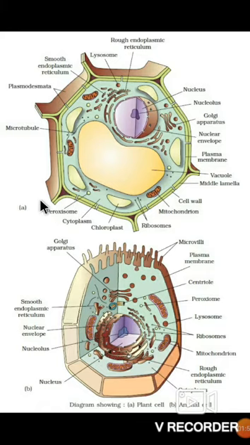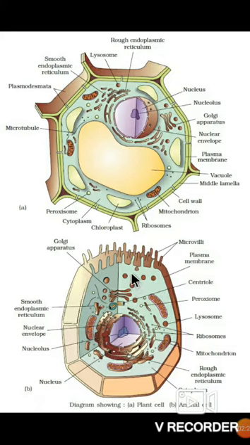Next, what are the differences? In plant cells you can see chloroplasts or plastid cell organelles, but in animals you cannot see any kind of plastid. Plastid is a characteristic of a plant cell, and plastid containing chlorophyll is called chloroplast. For that reason plants are autotrophs and can do photosynthesis, but in animals there is no chloroplast, so they are heterotrophs.